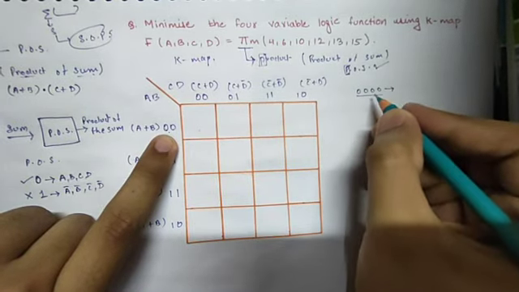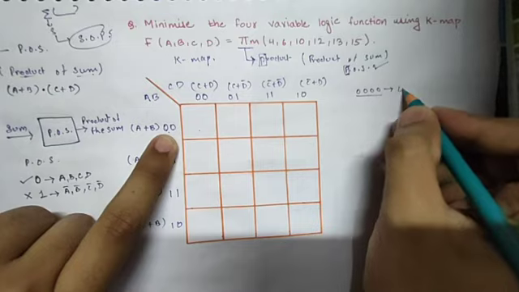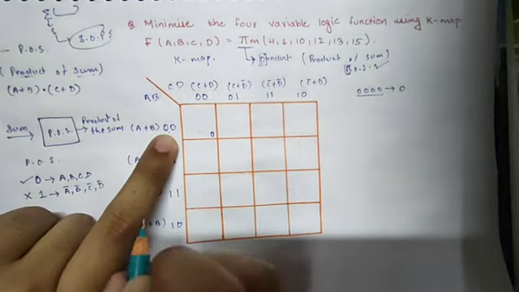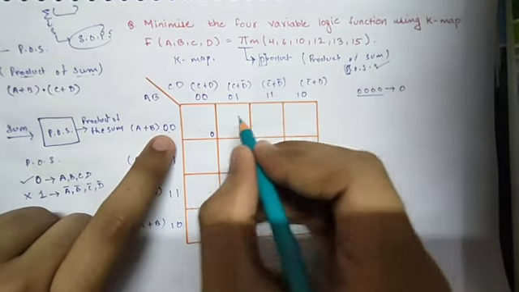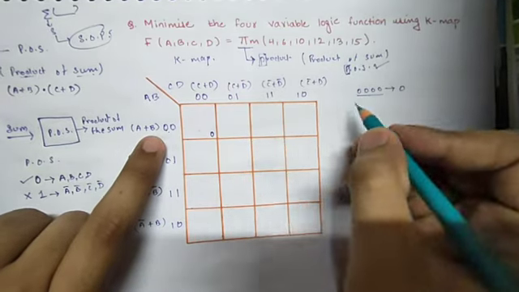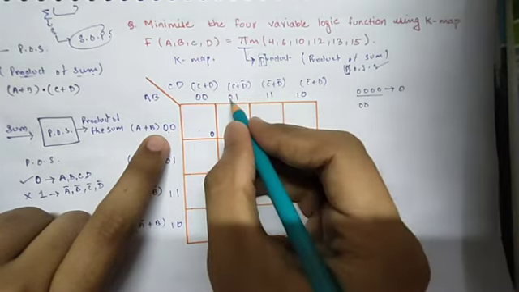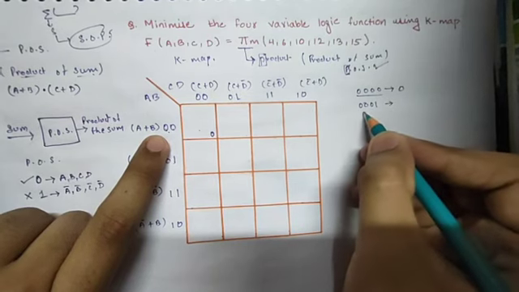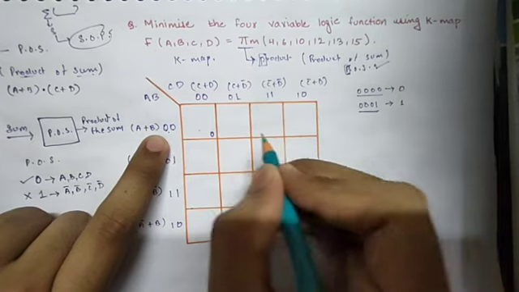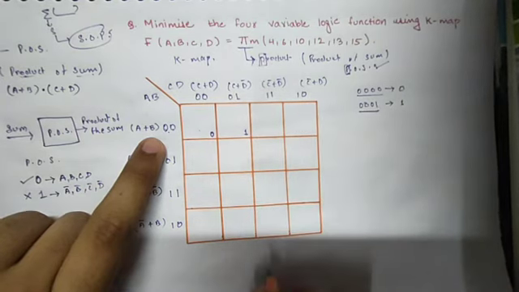This 4-digit binary code, which decimal number does it denote? It denotes 0. Okay. So here we will write 0. And if we deal with this one, which box is this? First row and the second column. Then write the address of this box, that is 0 0 followed by 0 1. This binary code denotes the decimal number 1. Okay. Similarly, you have to do this for all the individual boxes, and fill the numbers in.